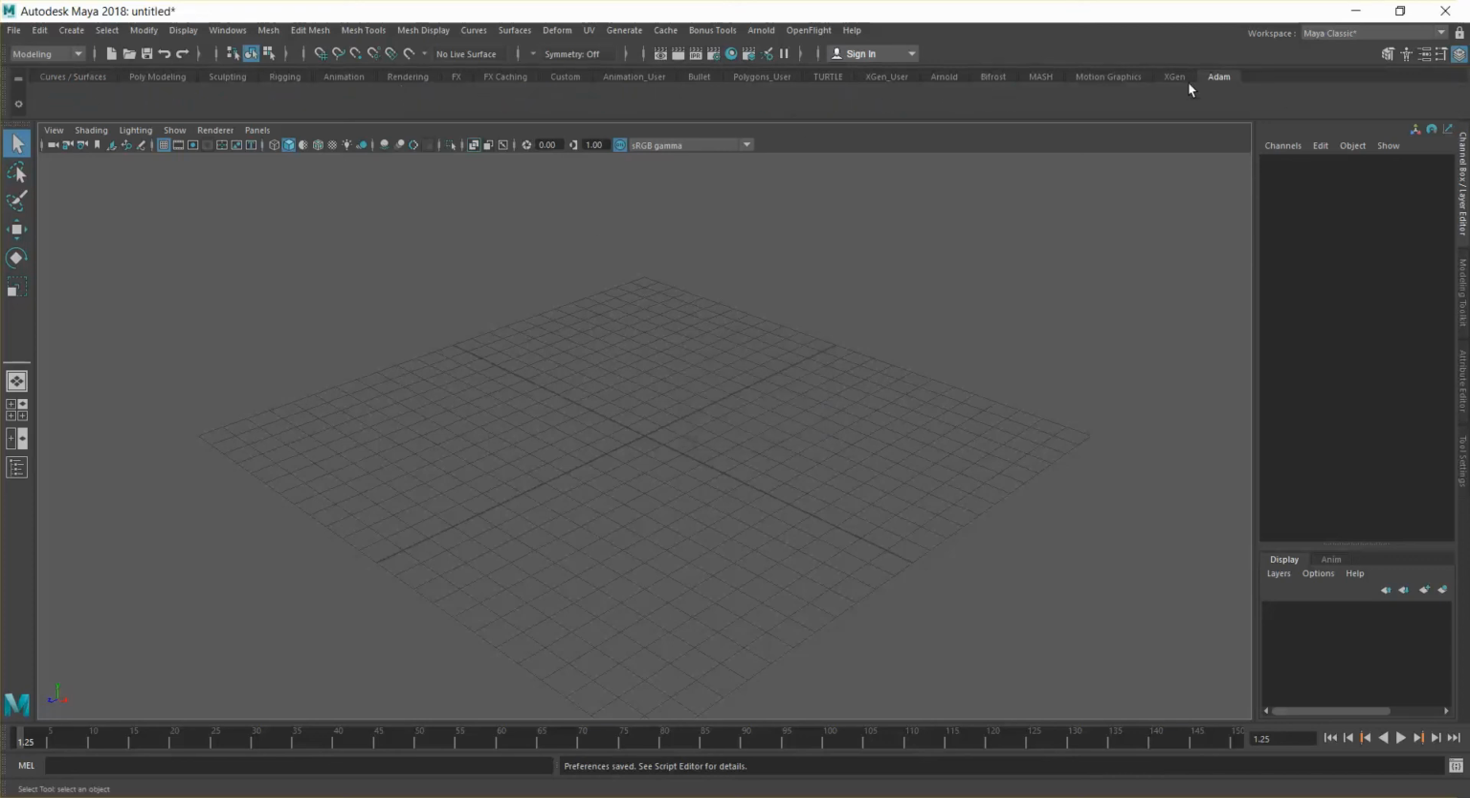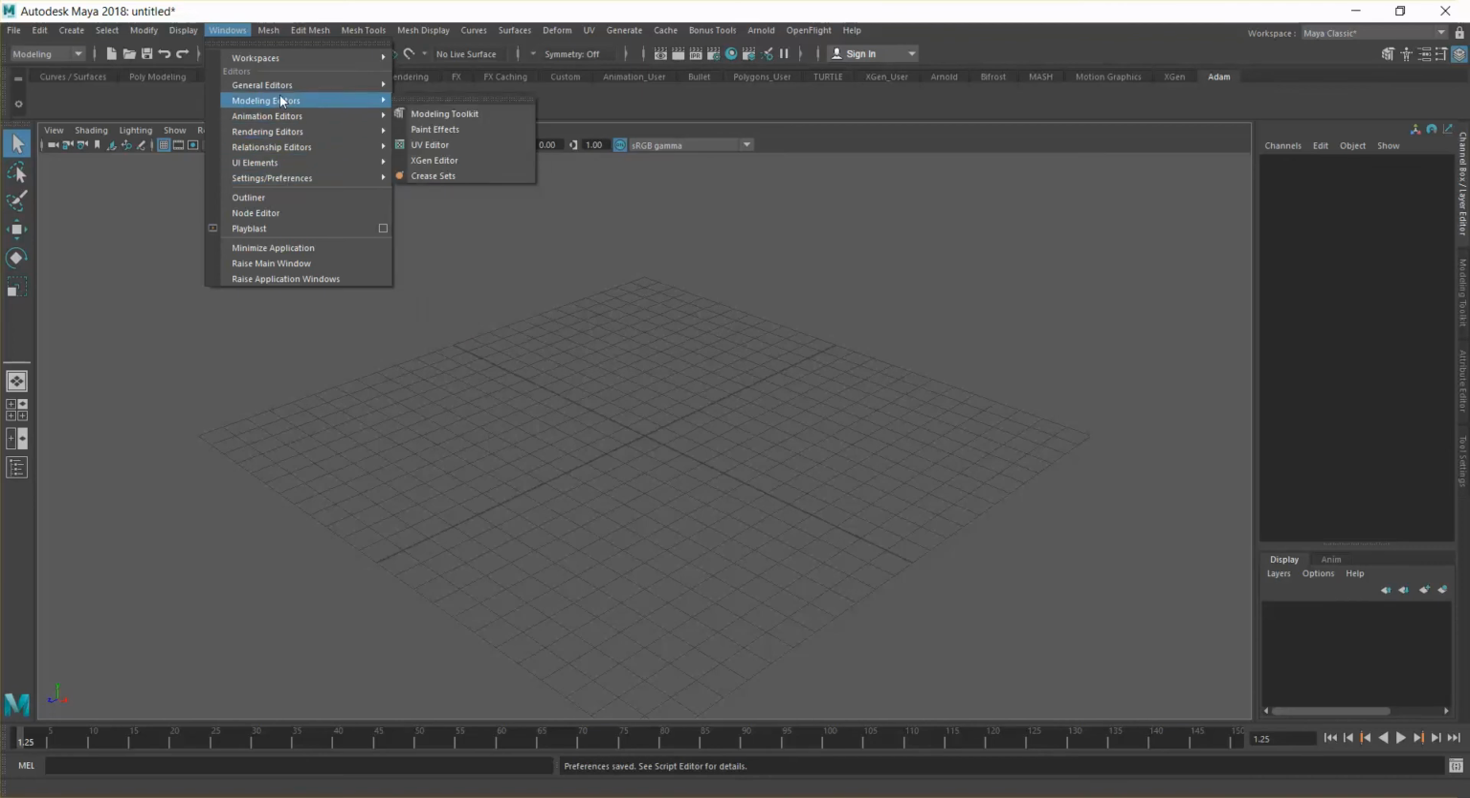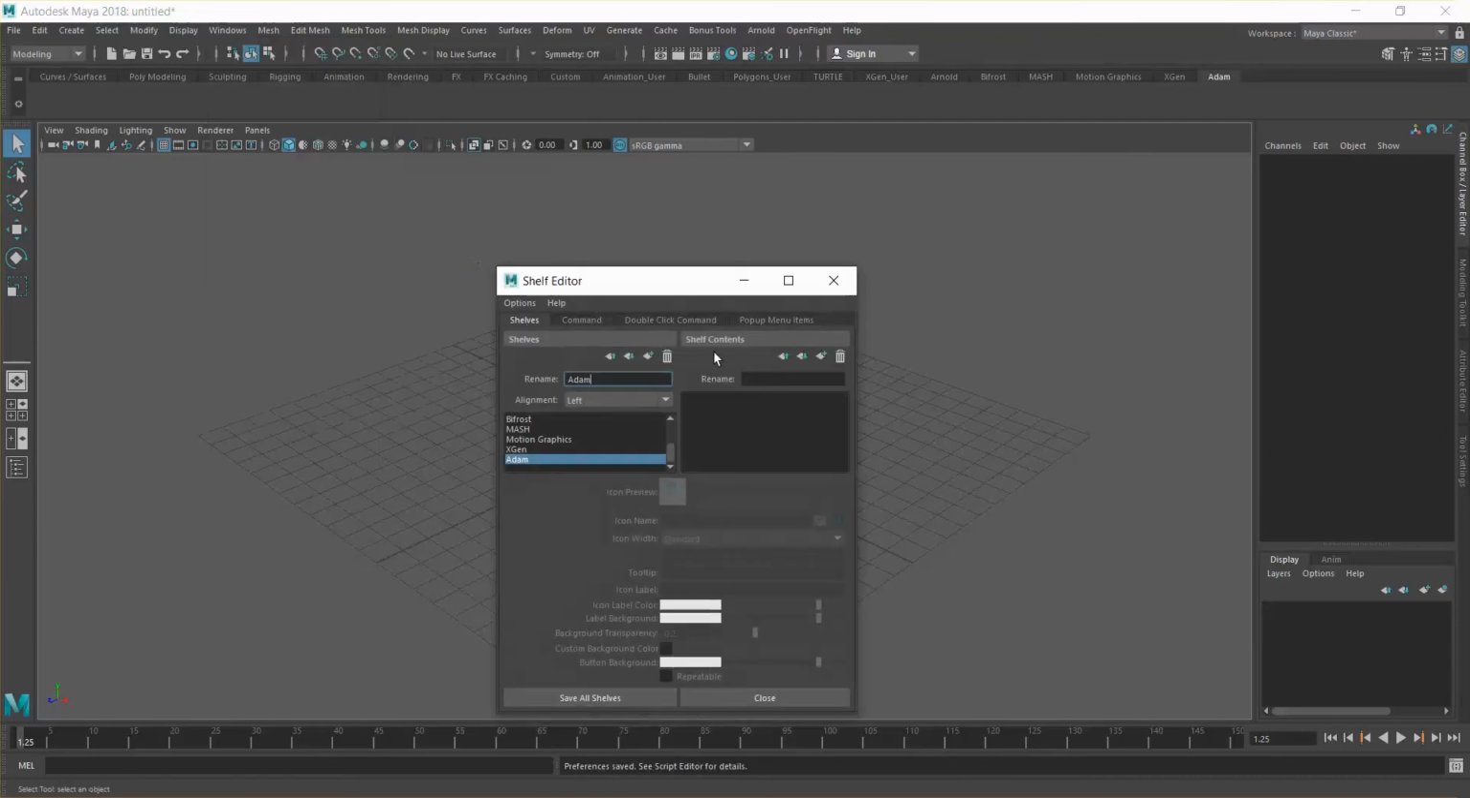Now you'll see that the shelf has added itself at the end. And what we're going to do is click on the equal symbol, and basically I'm going to move my name all the way to the top so it's over at this side. Sorry, we're not going to do it that way. We're going to go to Windows, and go down to Settings/Preferences and go to Shelf Editor,